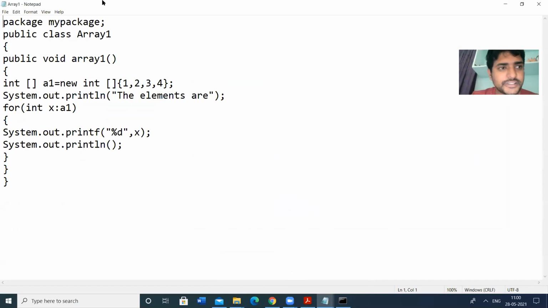So check this program. This is a package. Here I am not executing anything, because the main method is not yet implemented here. The package consists of classes. So this package must be used by another class. Here the main method is not written.